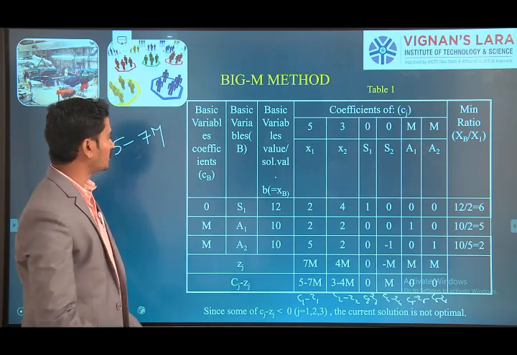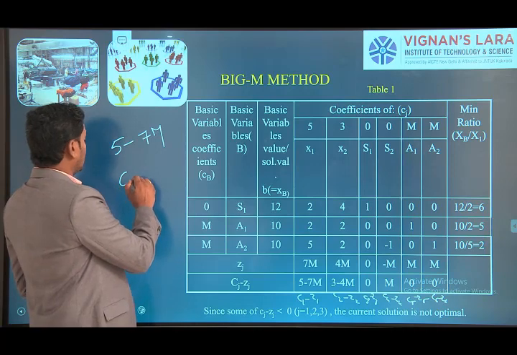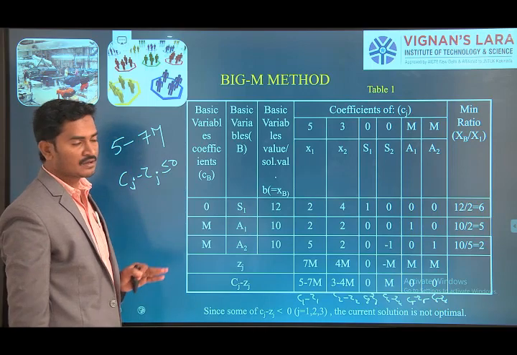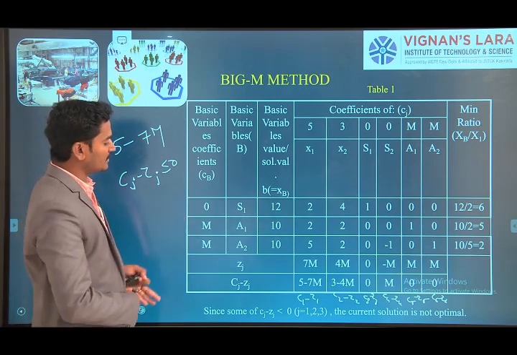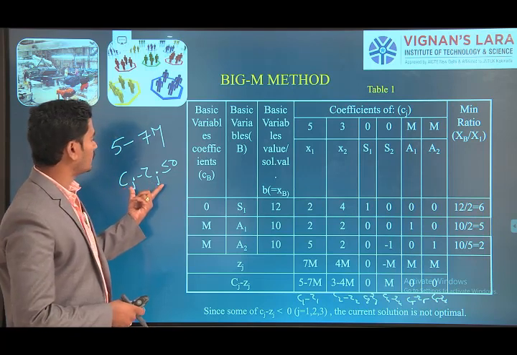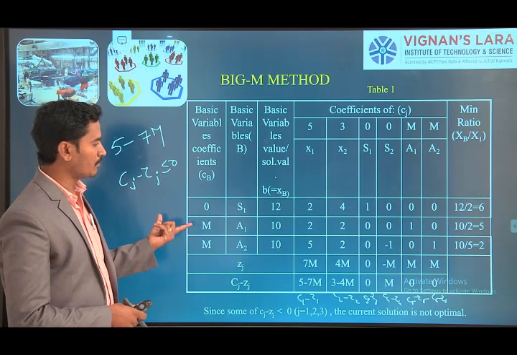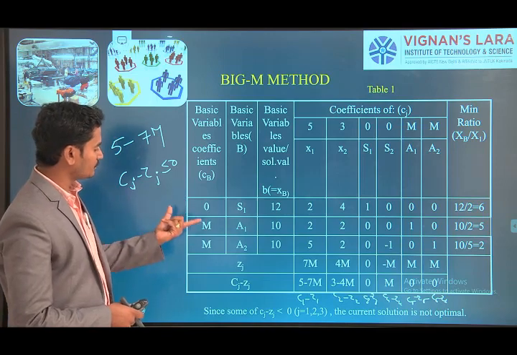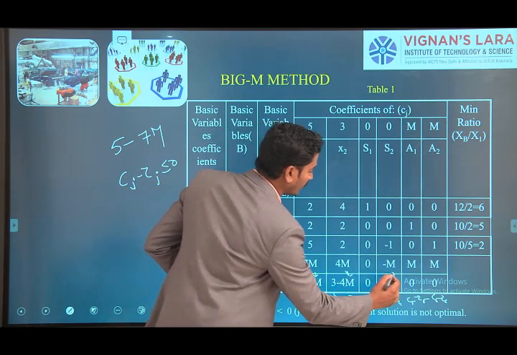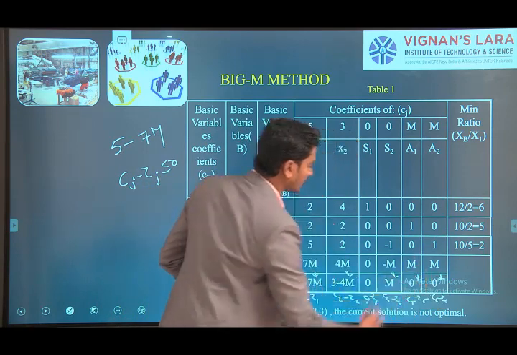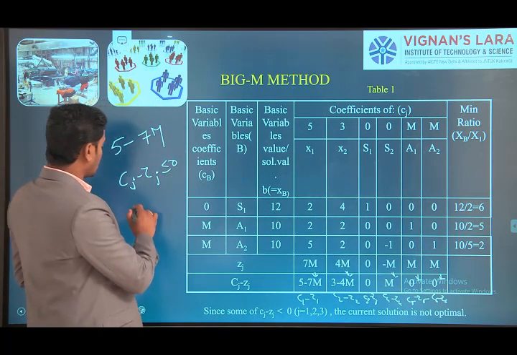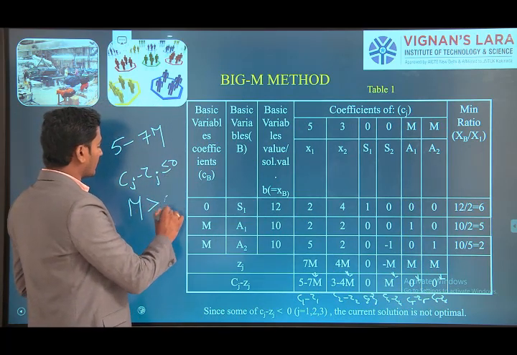And now we are going to check the optimality. In the maximization type, if Cj minus Zj is less than or equal to 0, it reaches the optimality. But here in this minimization case, it is not possible. If it is of the less than or equal to 0 type, we cannot conclude optimality by applying iterations. Here we have the penalty values. We don't know how to identify the key column when it is of the less than or equal to type. That's why we apply M is greater than 0.